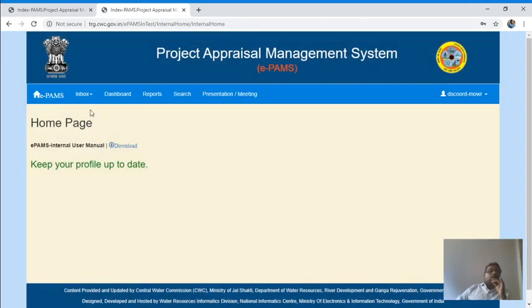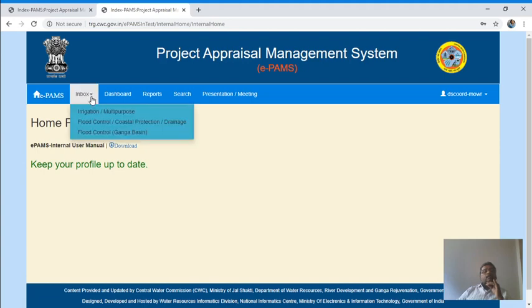Now you can see here inbox, dashboard, report, search and presentation. Whatever proposal is received will be visible in the inbox. In inbox there are types: irrigation, multipurpose, flood control and flood control Ganga basin.